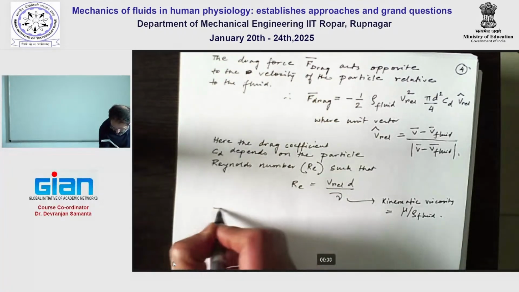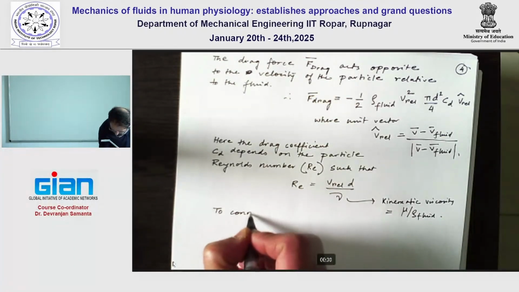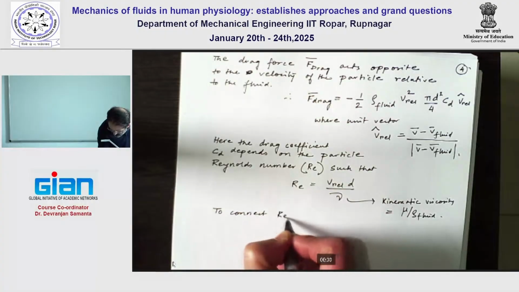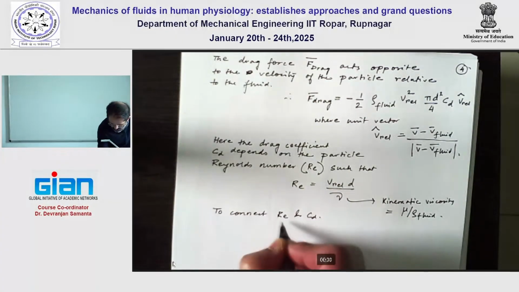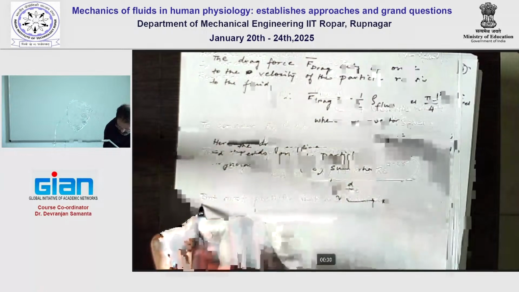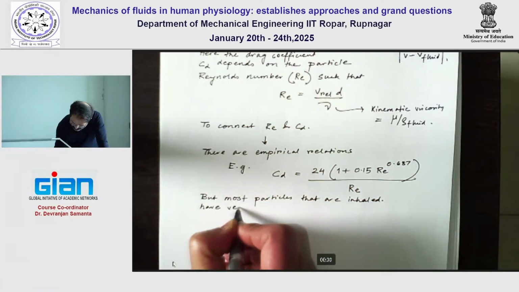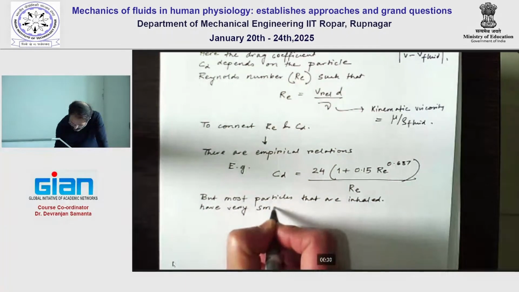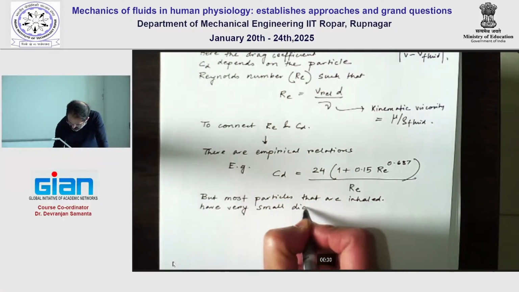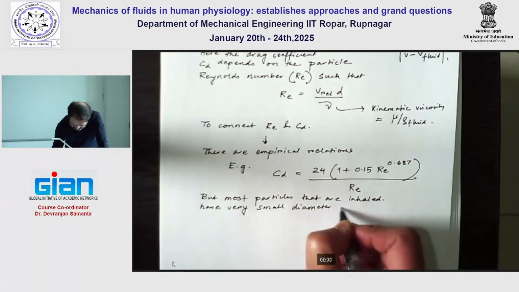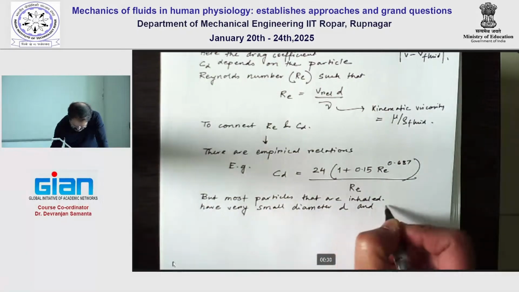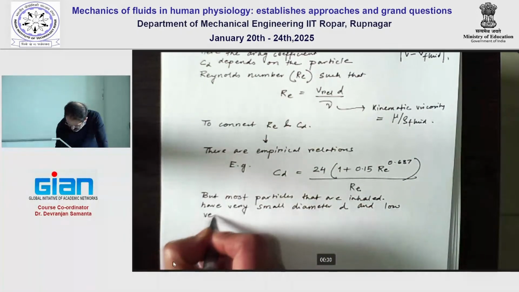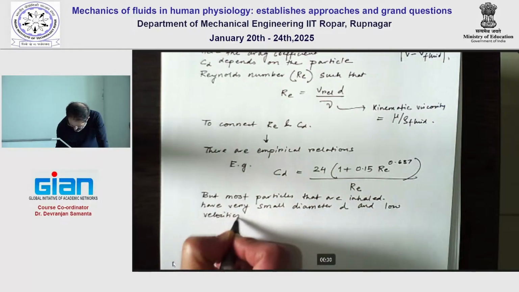So to connect RE and CD, we have very small diameters d and low velocities V rel. Typical Nessel press, the median diameter is anywhere between 30-40 microns, but they can go as high as